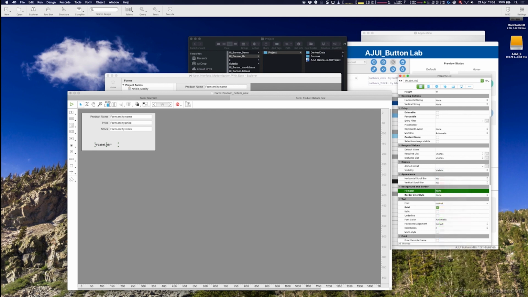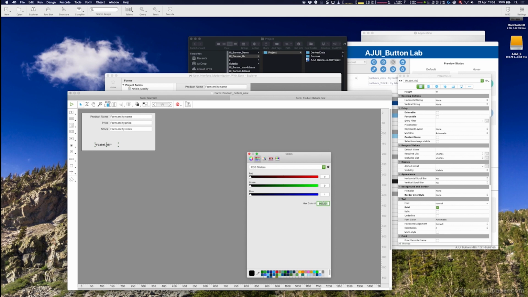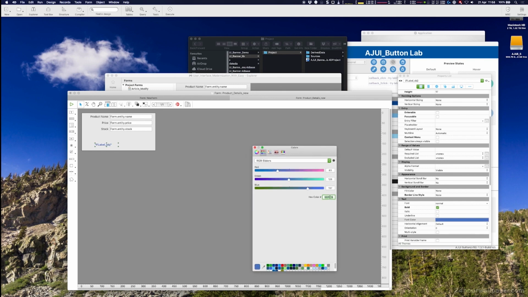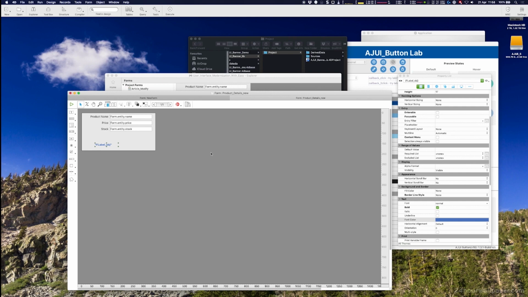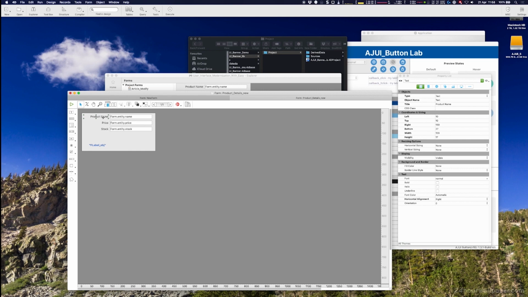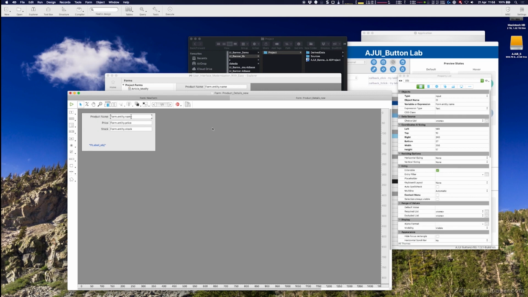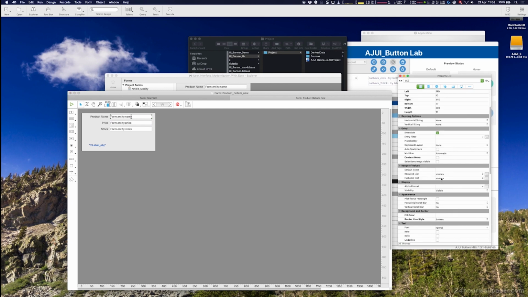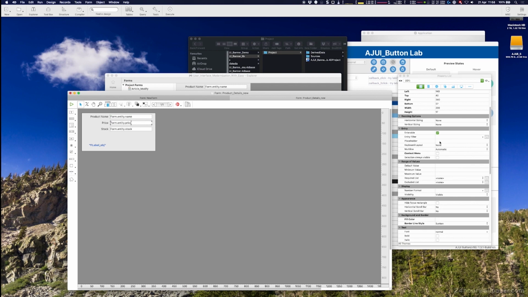Okay, so of course I have some special color. It's always good to have a special number. It makes you look like an expert. So the floating label, we will replace the label by the placeholder. So let's design, set the placeholder: product name, price, and stock. So now we can remove them,